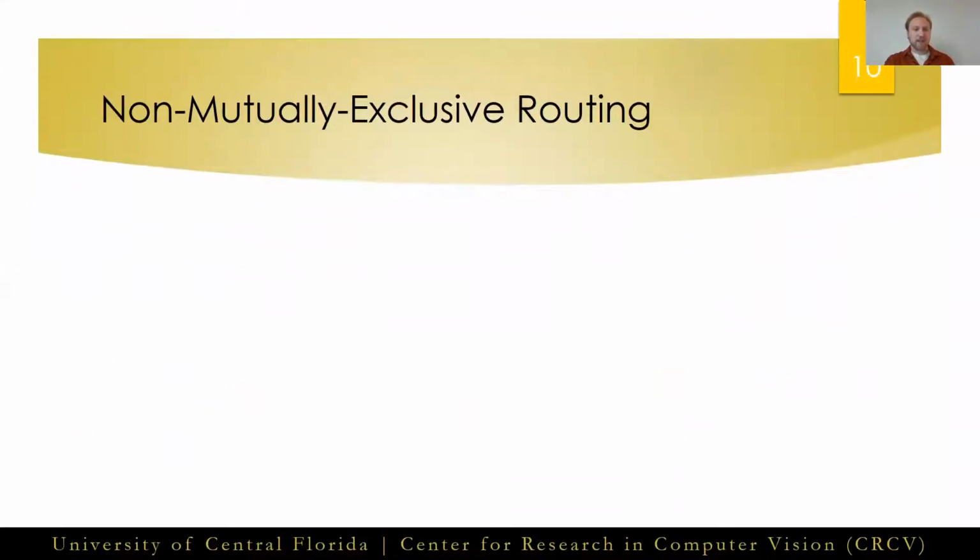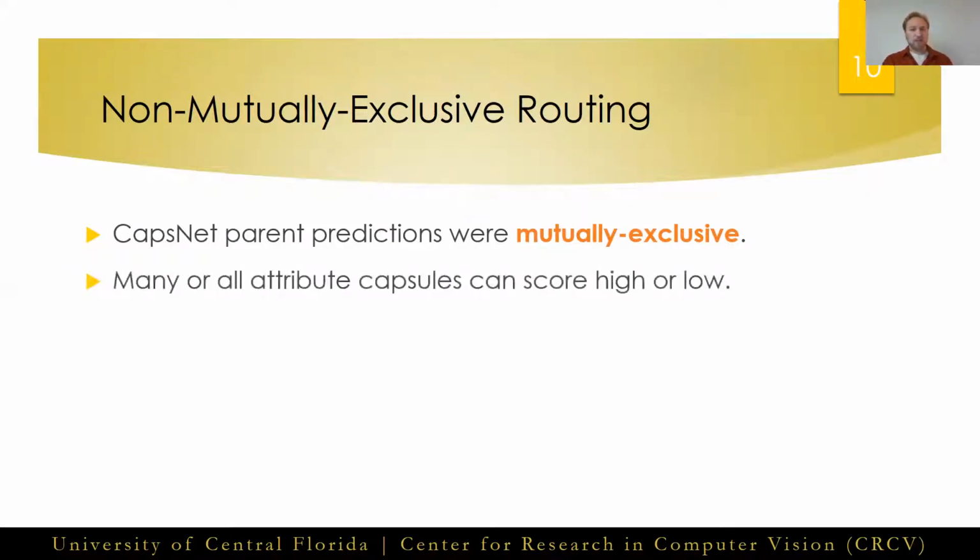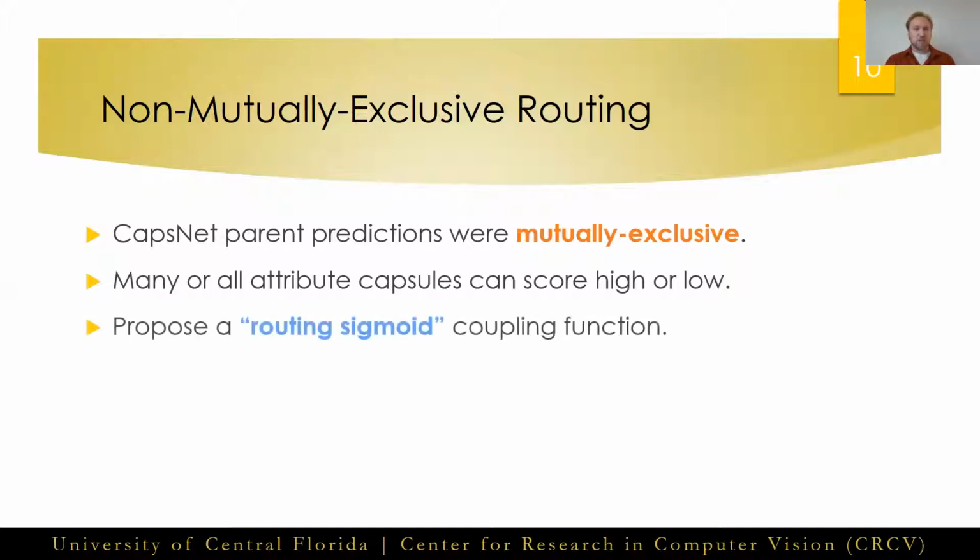For creating these attribute capsules, unlike in CapsNet, where parents were mutually exclusive, for example, if a class prediction is the digit 5, it can't also be a 3. Our parent capsules are not mutually exclusive of each other, where a nodule can score high or low in each of the attribute categories. For this reason, we modify the dynamic routing algorithm to independently route information from children to